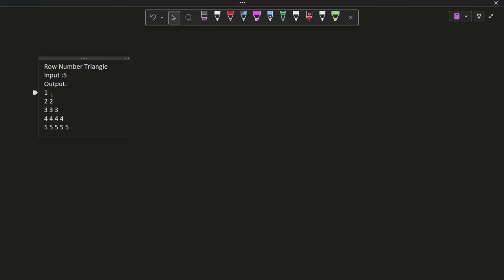For example, here the row is 1, so in the first row it must print 1. Similarly, in the second row it must print the row number itself. Since it is the second row, it must print double 2. Similarly, in the third row it must print double 3. Here what happens? Of course,